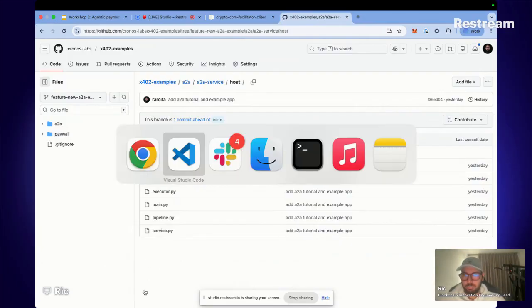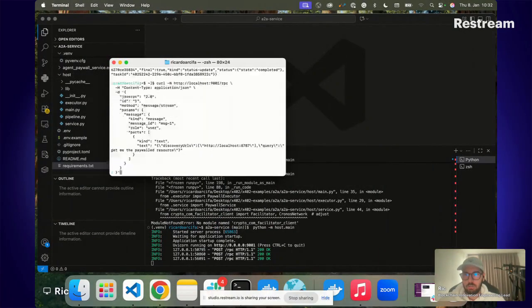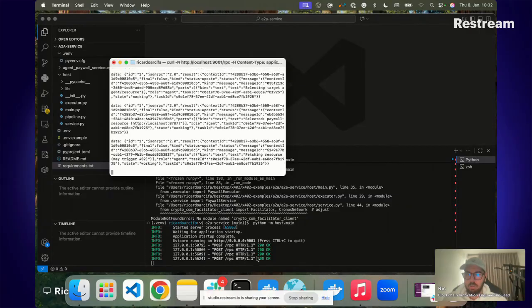But yeah, demo time. So I'm going to just show you on my console if I throw this request. So you can see this is a curl request. It makes an RPC call to our agent. So if I hit enter, you see that the agent is going to start to process. I know this is hard to read, but